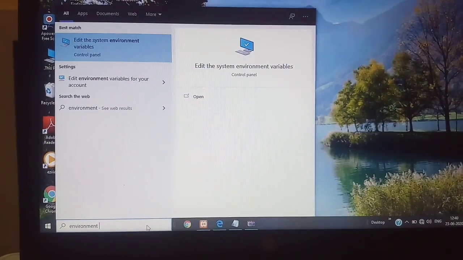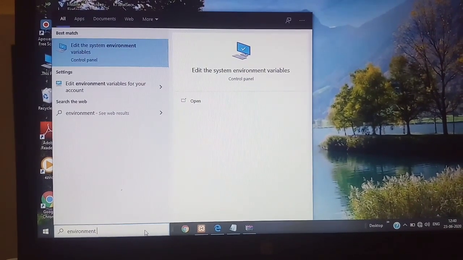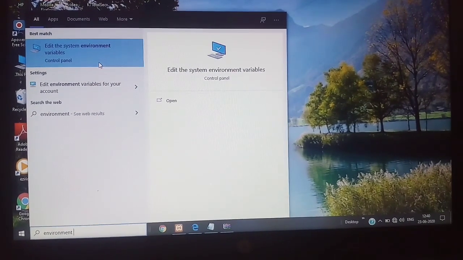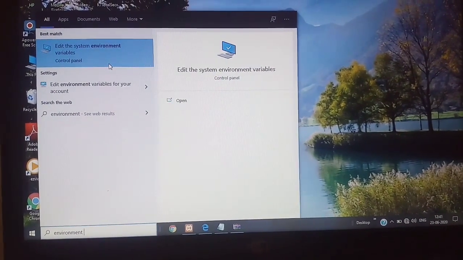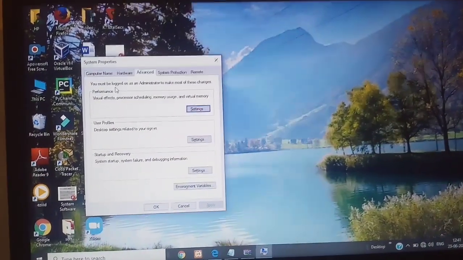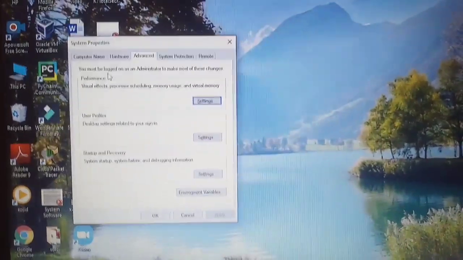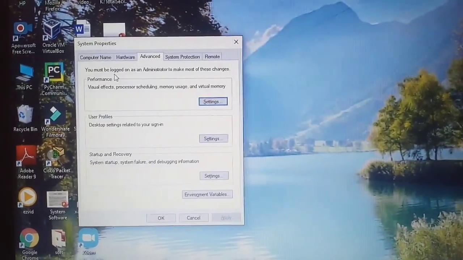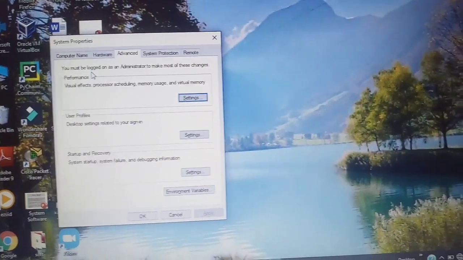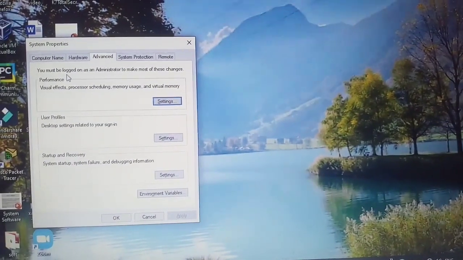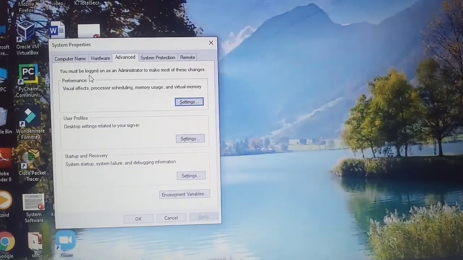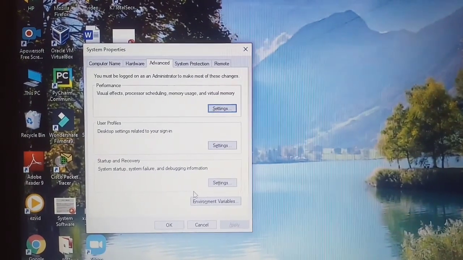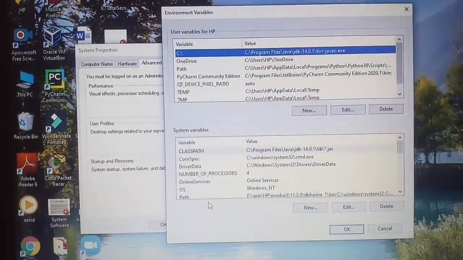One, we can directly click on the Enter button, or second, we can click on Edit the system environment variables. So I will click on the Enter button. When I click on the Enter button, you can see this is the System Properties. In this we have so many options like computer name, hardware, advanced, system protection, and remote. The advanced tab is opened. In this we find the environment variable. So we click on this environment variable.